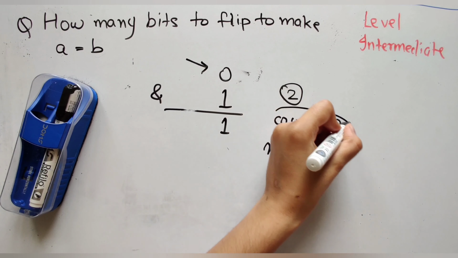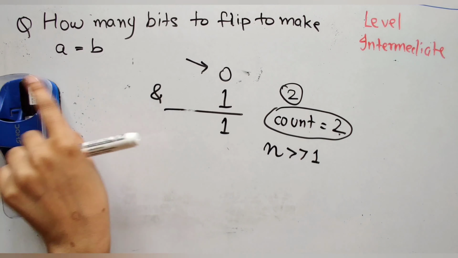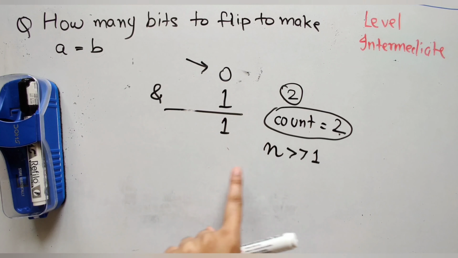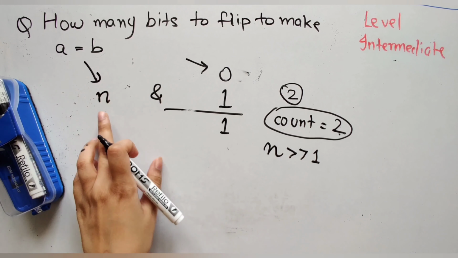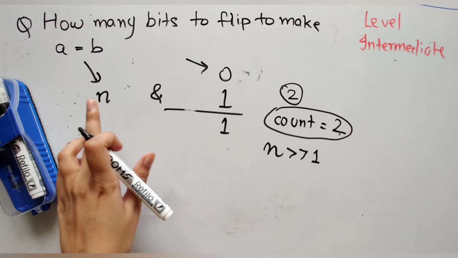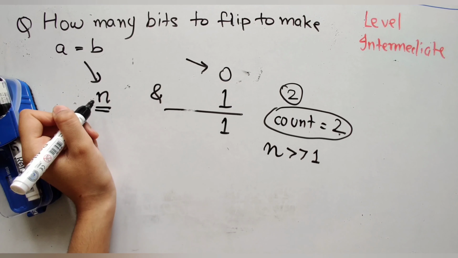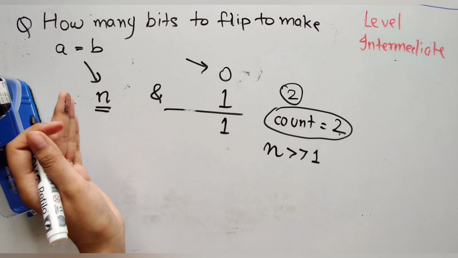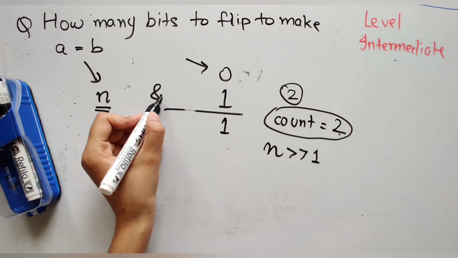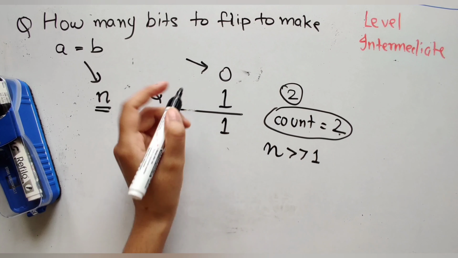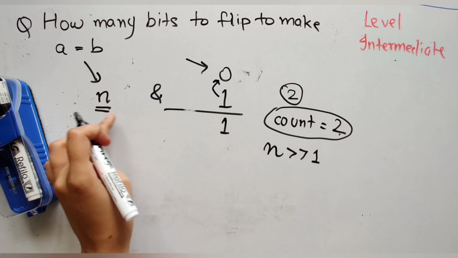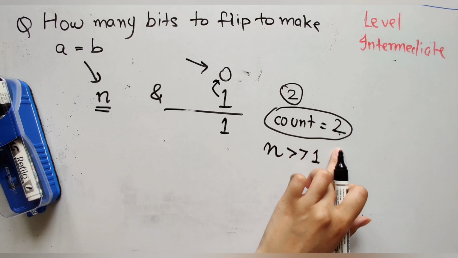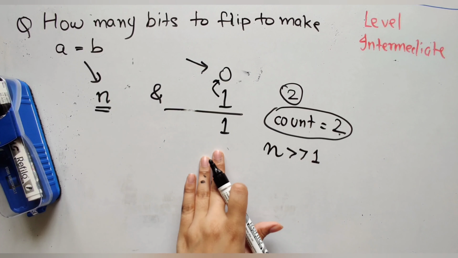So yeah, there are 2 things we need to do for this problem. First, we have to do XOR of A and B. Whatever result we get, let's say the result of A XOR B is a number n. We need to see how many bits are set in the binary representation of n. In order to do that, we are going to keep right shifting the number and doing an AND operation with 1. Whenever the bit is 1, we are going to increment our count. If not, we'll keep it 0.